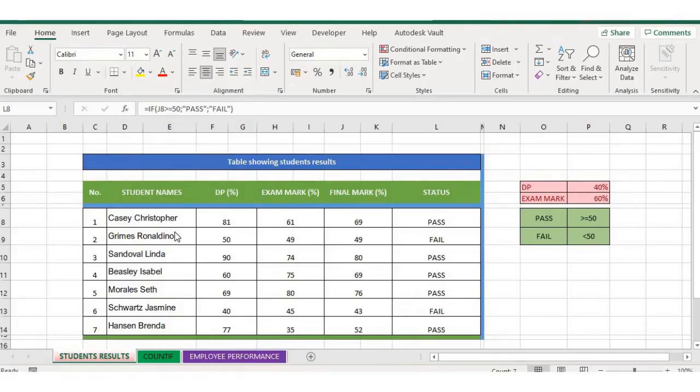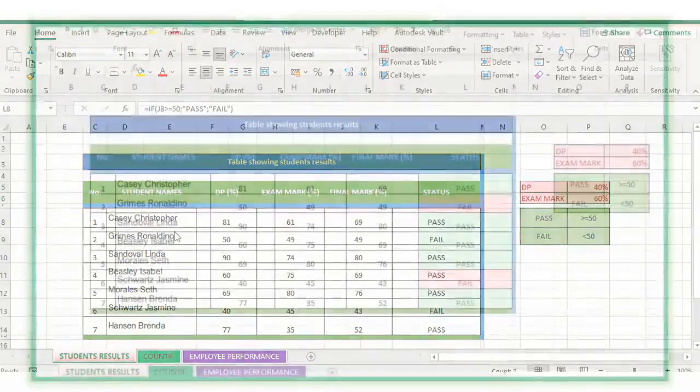Now our IF function has shown us which students failed and which students passed. The outstanding part of our task is to determine how many students passed and how many failed. This will help us determine the class performance. In part 2, we will see how we can make use of an Excel function to calculate it rather than wasting time